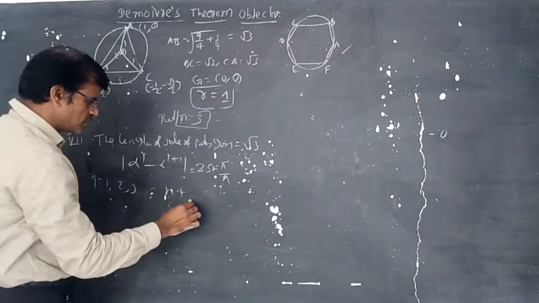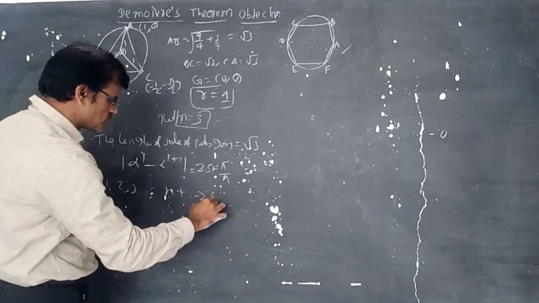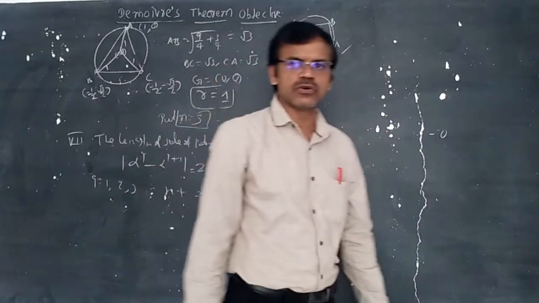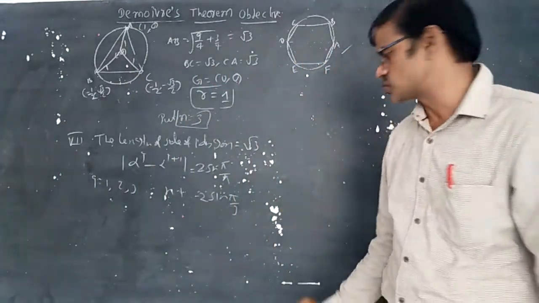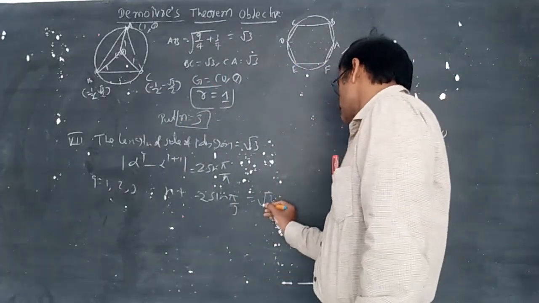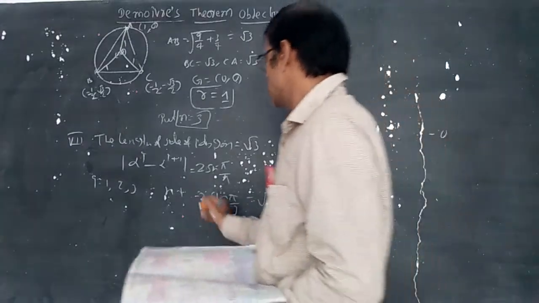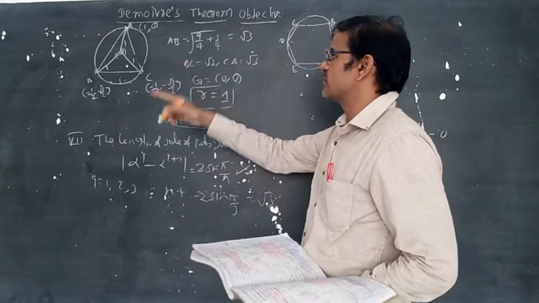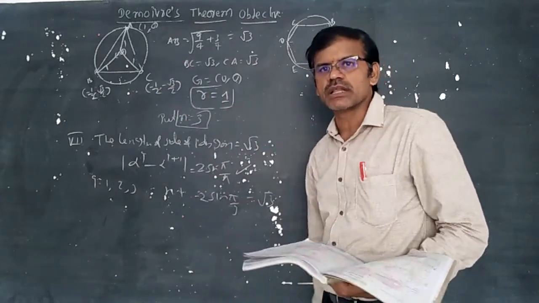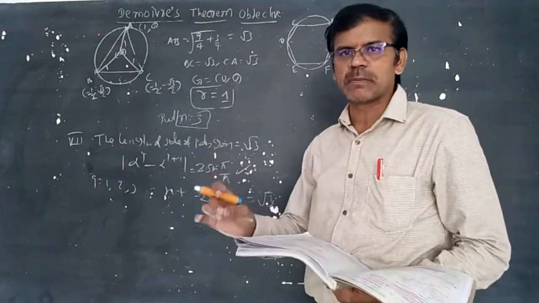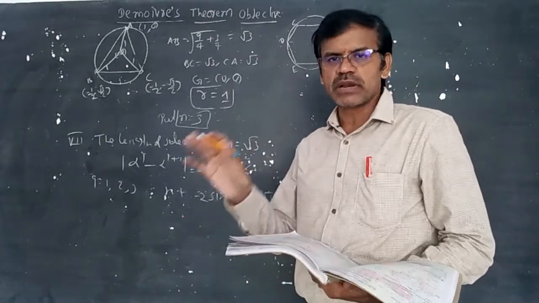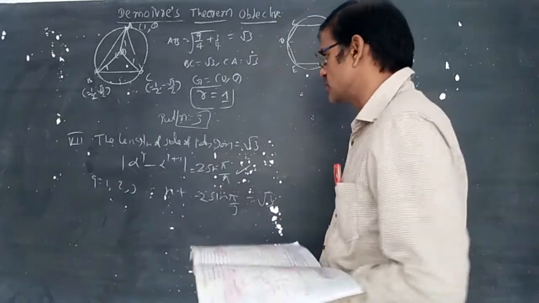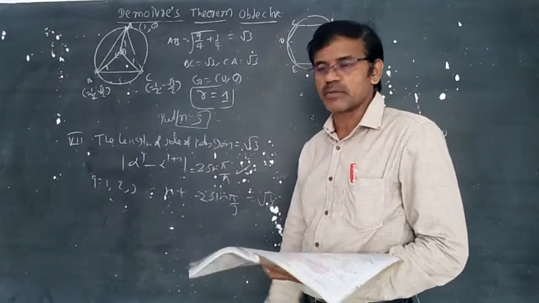Now let us discuss the concept of 2 sin pi by 3. We know that sin 60 is equal to root 3 by 2. So 2 into root 3 by 2 gives root 3. Next, remember this one: 2 sin pi by n is the difference between two adjacent vertices of the regular polygon which can be inscribed in the unit circle, that is the nth roots of unity in the complex plane.